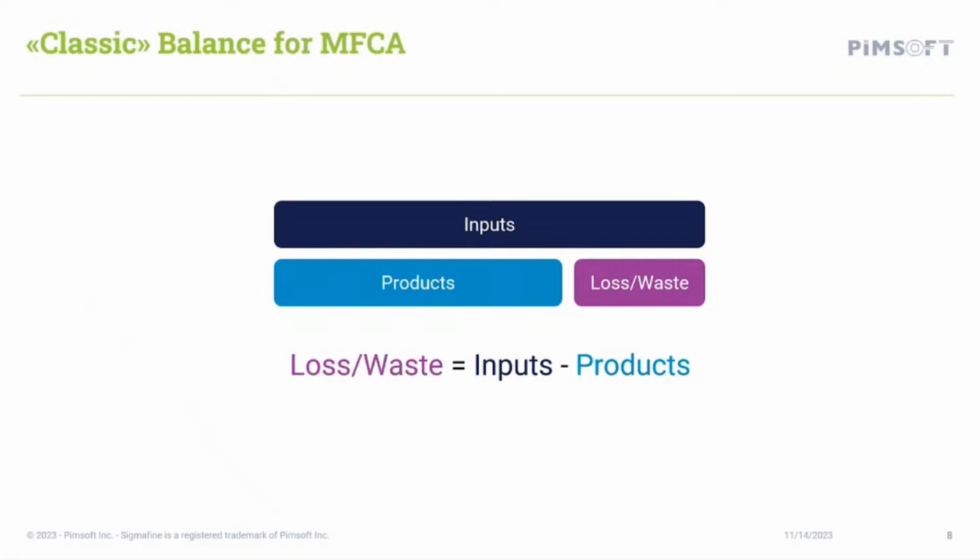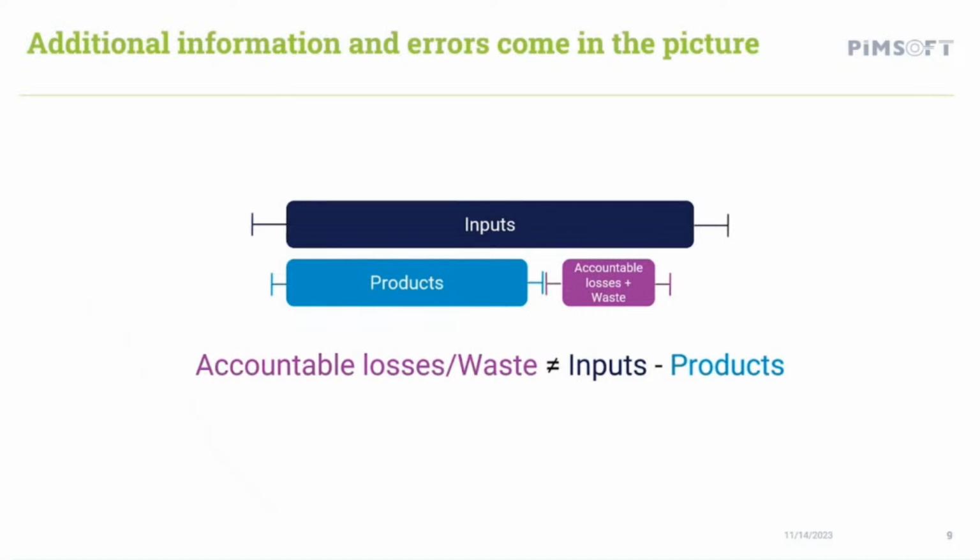Unfortunately, there are some shortcomings with this approach. Indeed, the classic approach is not considering the uncertainties regarding the quantities both of the inputs as well as of the products. Moreover, the considered loss and waste can differ from the real accountable losses and can overestimate the unaccountable ones. As many of you probably know, these are exactly the kind of gaps that Sigma Fine is asked to